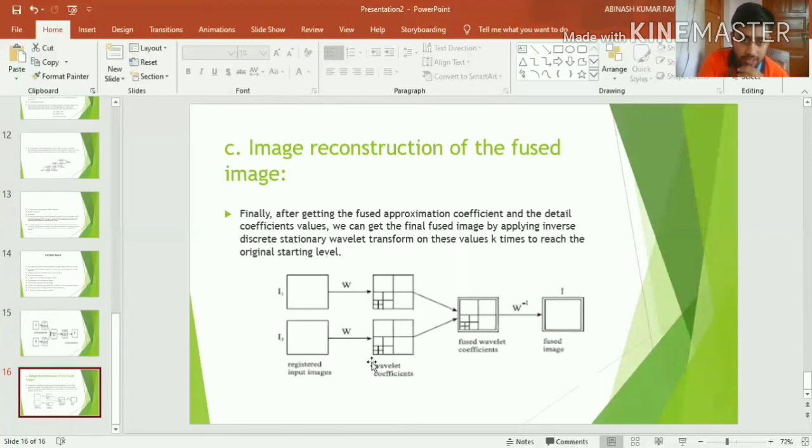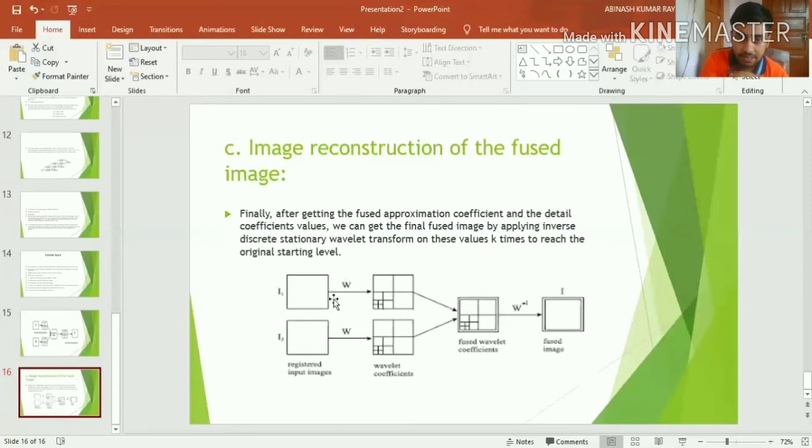See this case. Here we have applied two level decomposition, because you can see this is further divided into four subbands. As our decomposition increases, each level is divided into four more subbands, and then we apply some fusion rule over here, and from both the matrices we construct this new one.